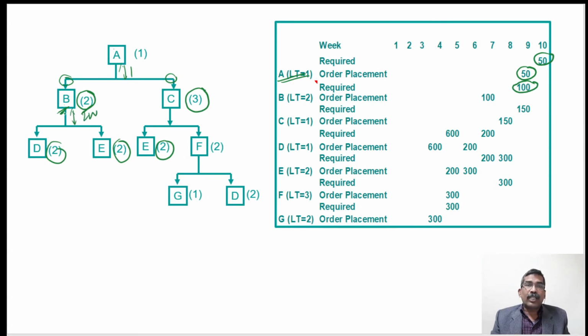So we should start the processing of B just in the 7th week. So you can see that in the 7th week the order is already placed,